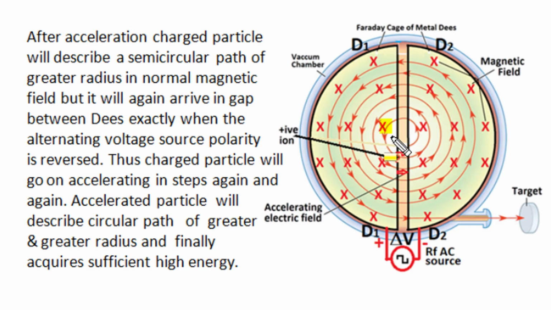After acceleration in metallic D1, the charged particle with higher velocity and higher kinetic energy describes a circular path of greater radius in this normal uniform strong magnetic field, and after a pre-specified time, as time period and frequency don't depend upon velocity or kinetic energy of the particle, the same mass and charge and same magnetic field will produce the same time interval to cover a half circle, and in the same time interval the alternating radio frequency source which produces electric field in between the two D's in this vacuum gap